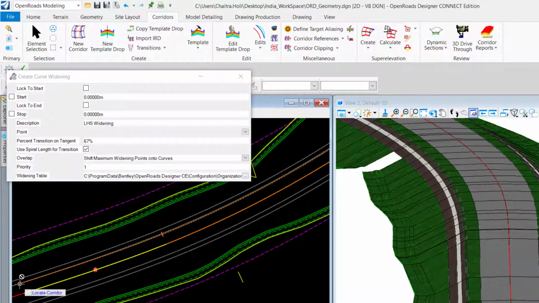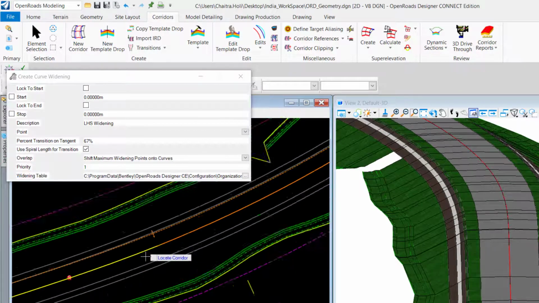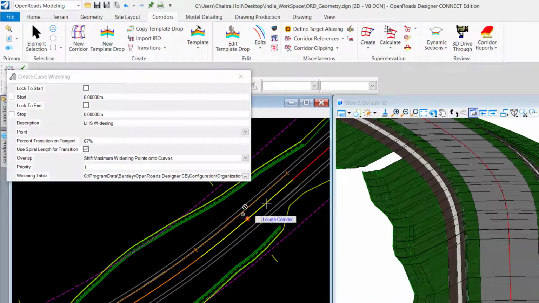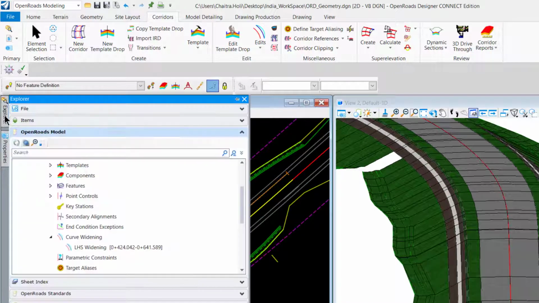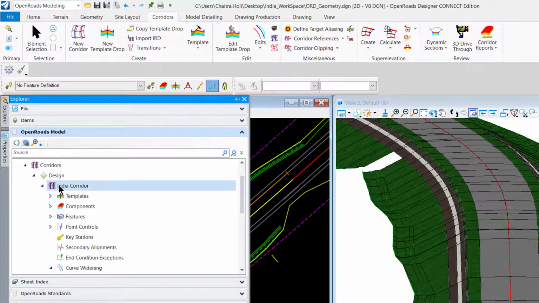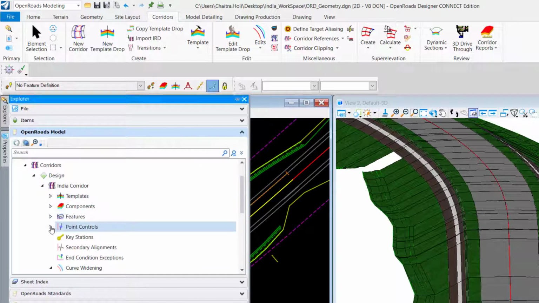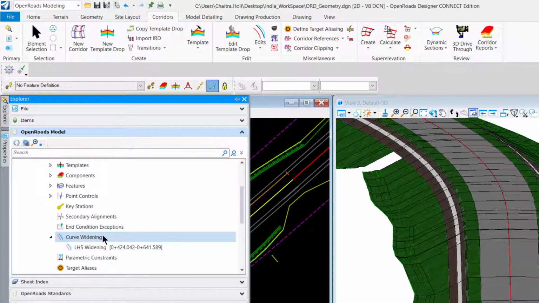It is tapering from the start of your spiral length, attaining your full widened width at the start of the curve. In a similar way, the results can also be seen in the Explorer, under the OpenRoads Model, under the Corridor tabs, under the corridor name that is assigned. Under this you have a curve widening created, where I have given the widening name as LHS widening.